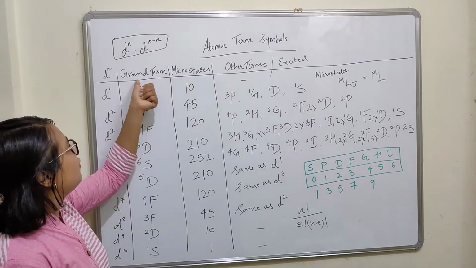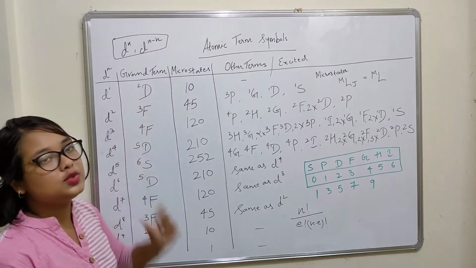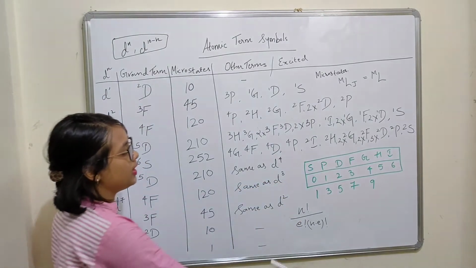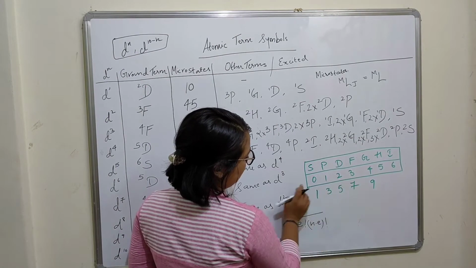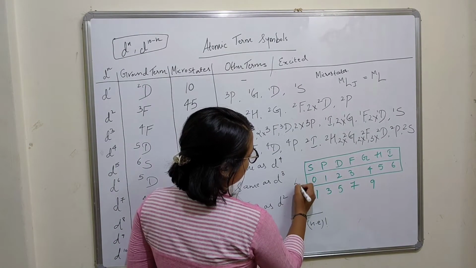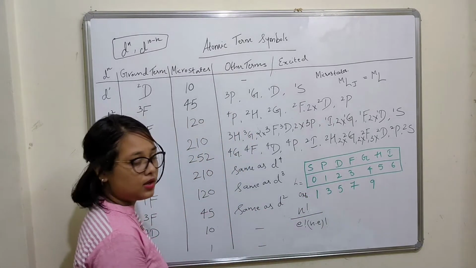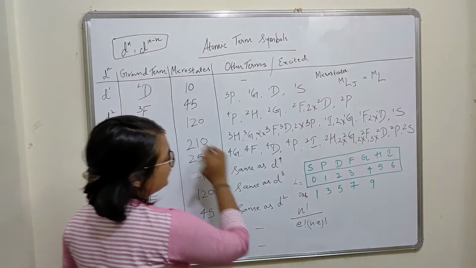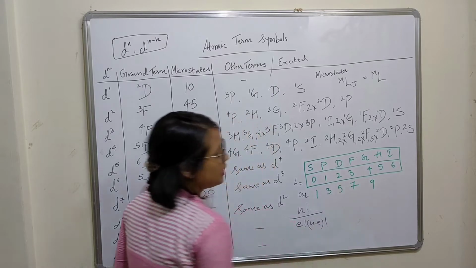The value of M is directly given to us, and the number of orbitals which are present. So that's why I have put down this table over here. This is your L value, and this is the number of orbitals which are present. So here you have D. For D, the L value is going to be 2, and the number of orbitals which are present is 5.